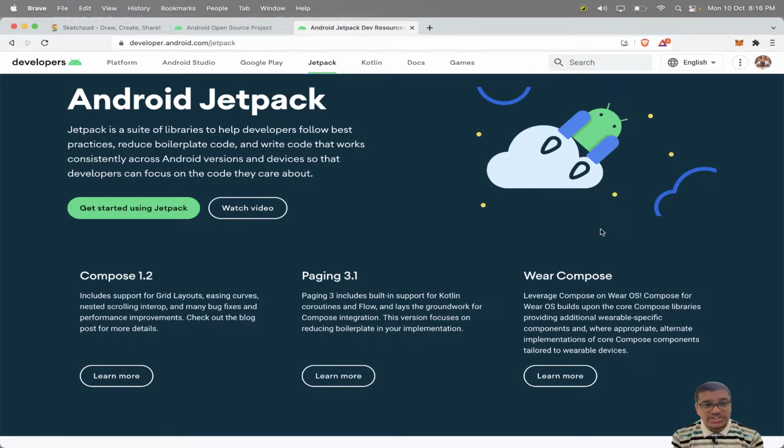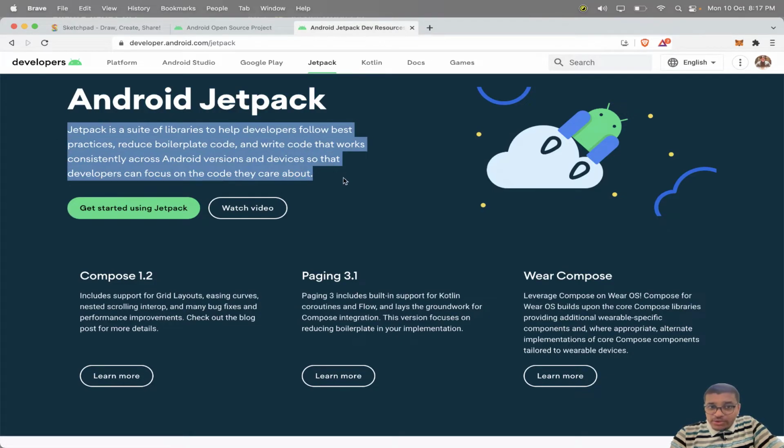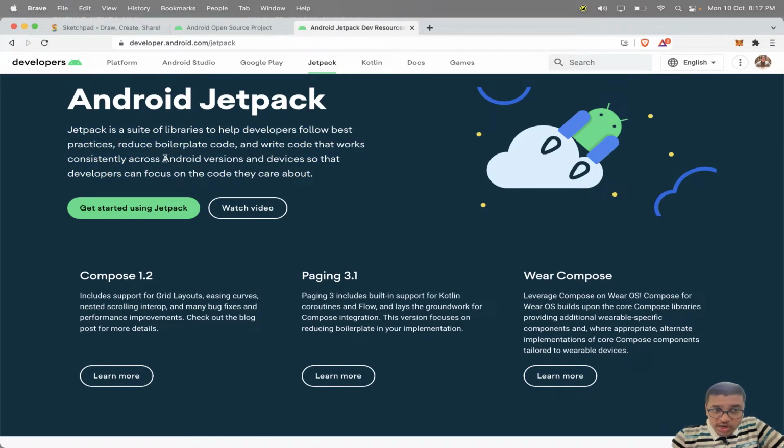So Jetpack is a suite of libraries to help developers follow the best practices, reduce the boilerplate code, and write code that works consistently across the Android versions. So this is very important, across Android versions. Now you will ask me a question, how many Android versions are there? Why is it so needful that you should change your approach of developing apps just to achieve one requirement, Android versions,